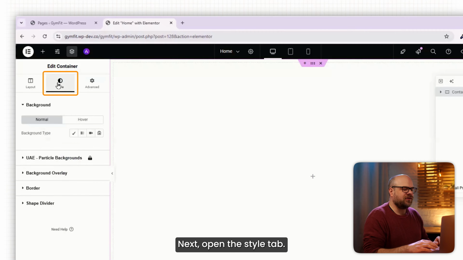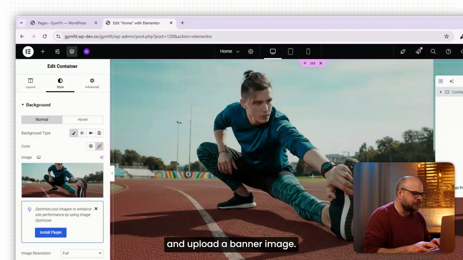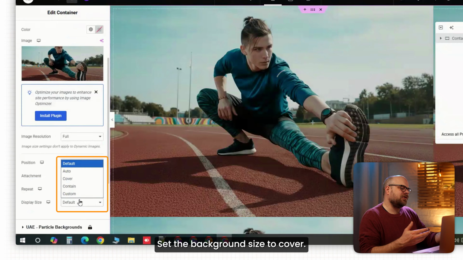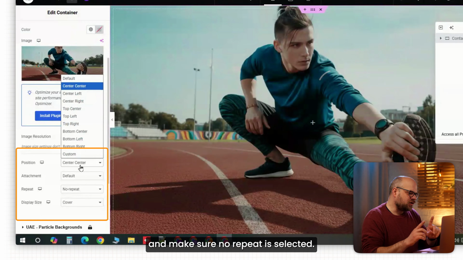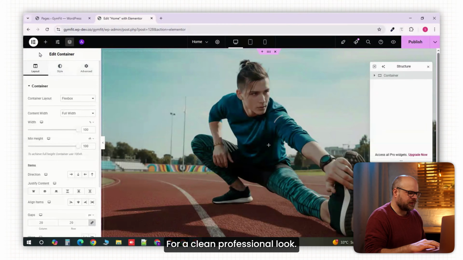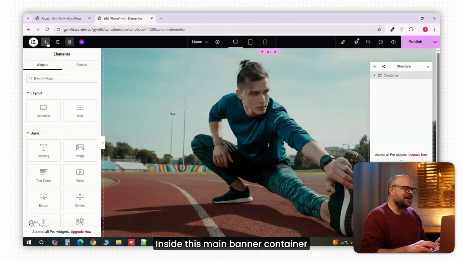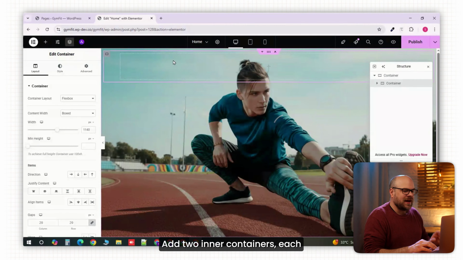Next, open the Style tab. Click on Background and upload a banner image. Set the background size to cover, position it to the top center, and make sure no repeat is selected for a clean, professional look. Inside this main banner container, which we'll name Hero section, add two inner containers, each with